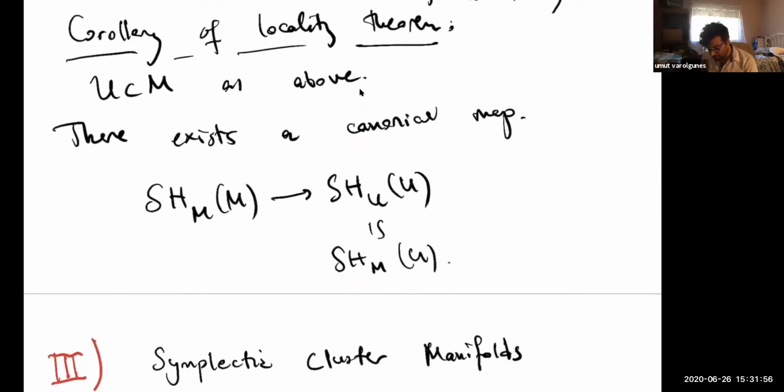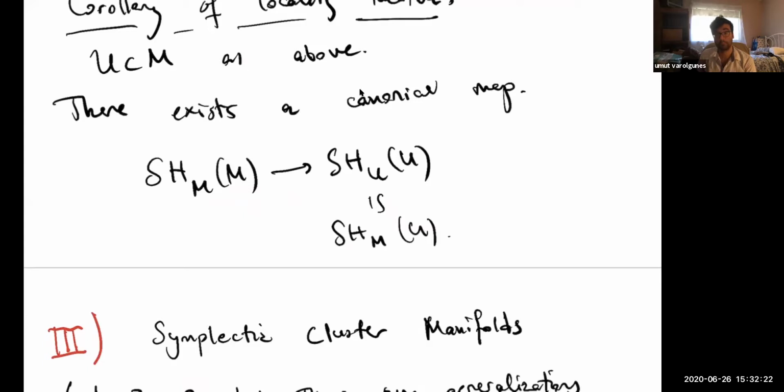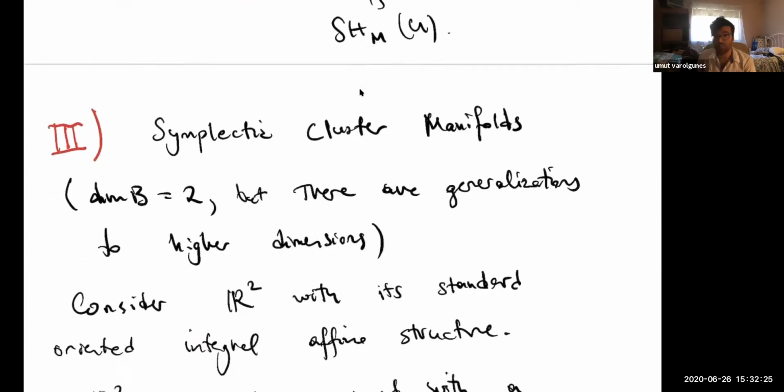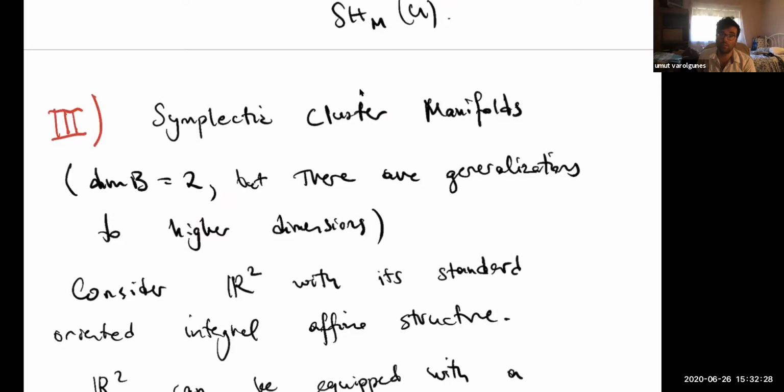Okay, so one corollary of the locality theorem should be that if you have an open set which satisfies this dissipativity property as above, there exists a canonical map between these symplectomorphism invariants. It's like Viterbo functoriality, but the invariants are bigger than that. They're more the completed version of Viterbo symplectic cohomology, but it's also defined more generally. Okay, are there any questions about this part? I'm not seeing the chat place, so if there's something in the... Okay, I guess there's not.